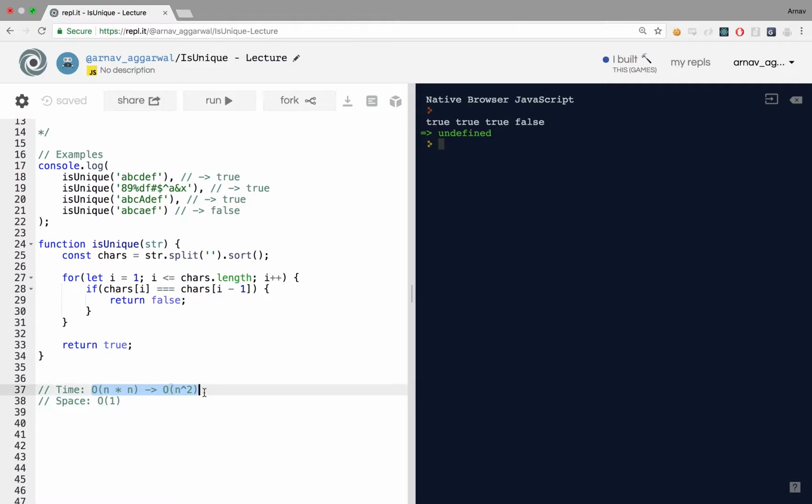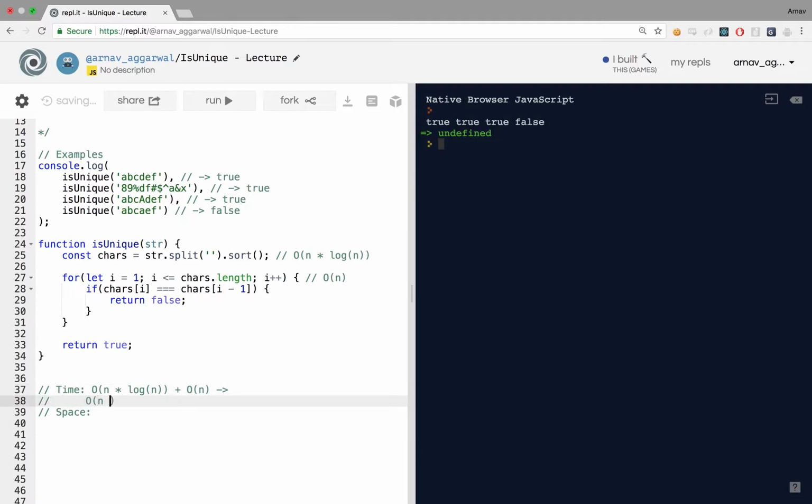And again, let's talk about time and space complexities. In this case, we're starting with a sort right here. Now, different sorting algorithms have different time complexities, but in general, if we're talking about a sort, we can assume a time complexity of O of n times log of n. This here is a standard loop. It's just going to be O of n. Because these things happen sequentially, and we don't have a loop inside a loop, we can simply add these. So we're going to start with O of n times log of n plus O of n, which turns into